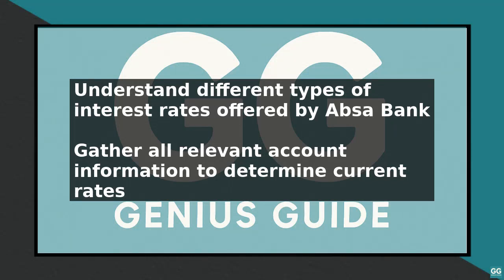To troubleshoot Absa Bank interest rates, start by understanding the different types of interest rates offered by the bank, including fixed and variable rates, and how they apply to various accounts and loans. First, gather all relevant account information, including account statements and loan agreements, to determine the current interest rates applied to